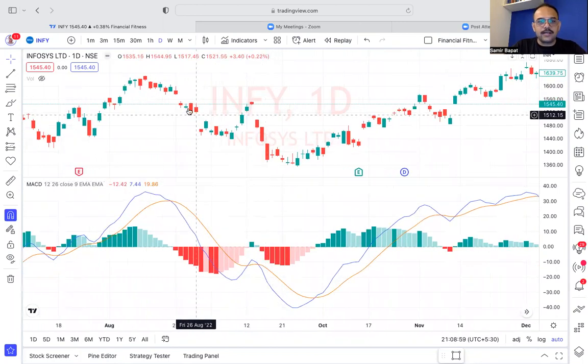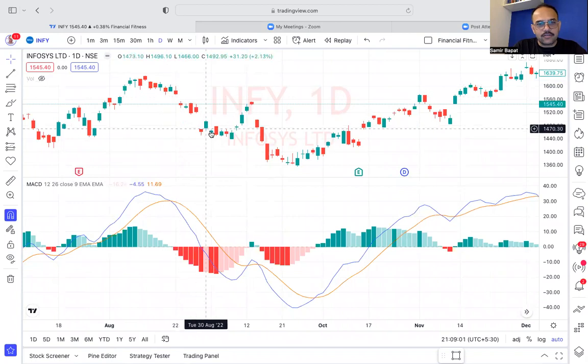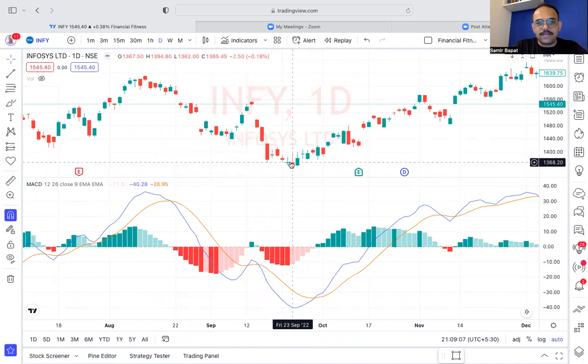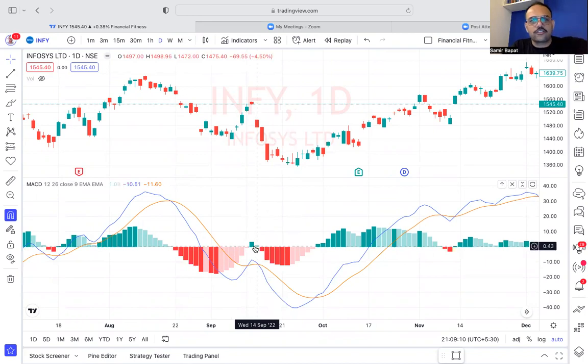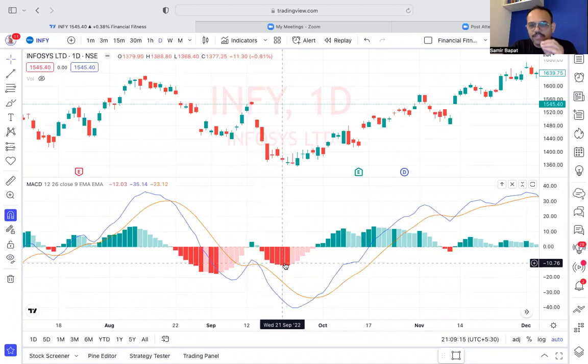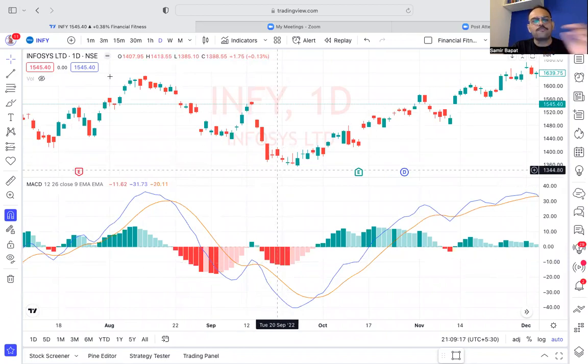Now here, price went down, down, down, down, down. This is the histogram here. Then again, it went up and went down. This is the second histogram. So it almost touched, it crossed in the positive sense. Even if it is going less, and then again a histogram is forming with a lower low,